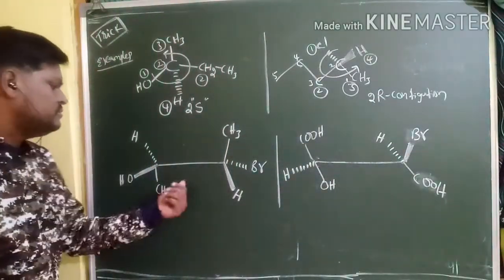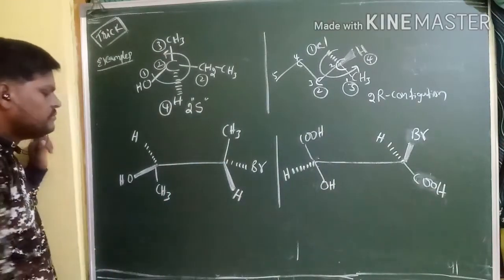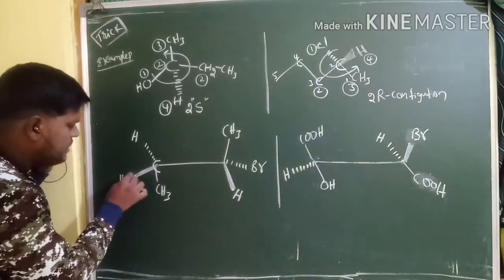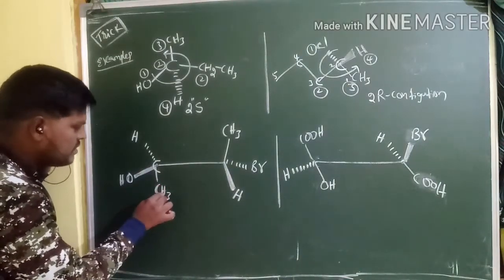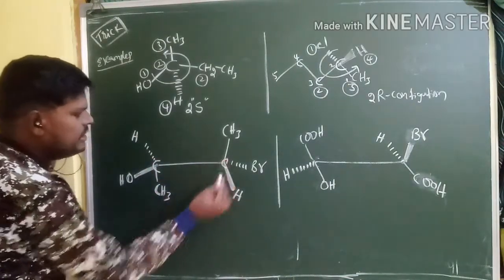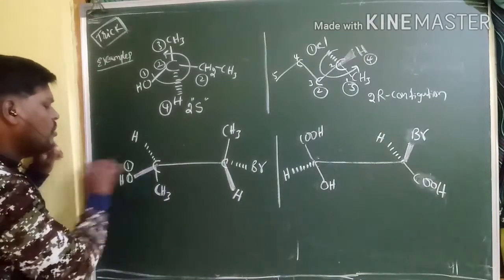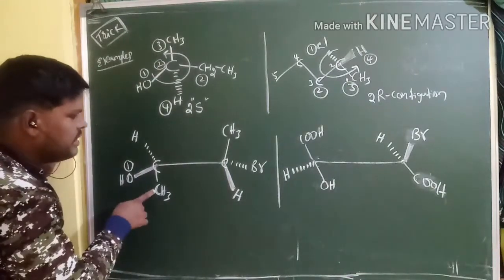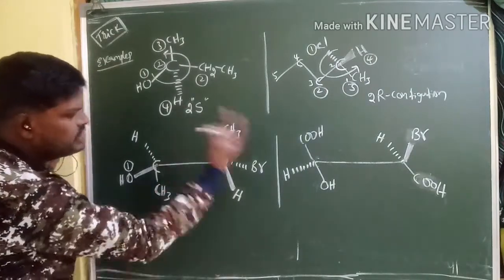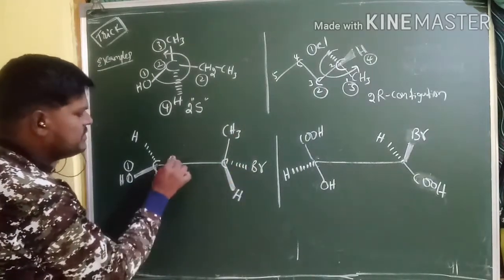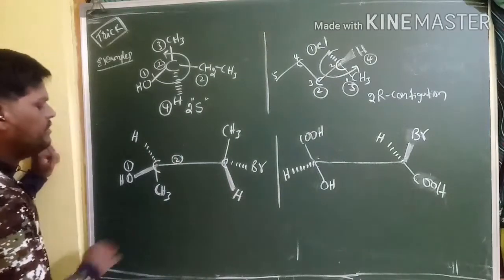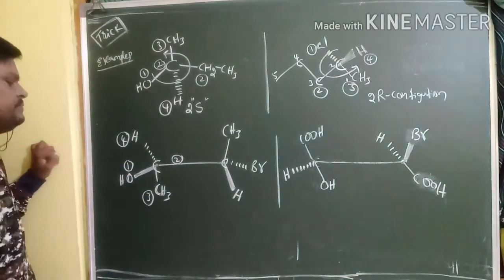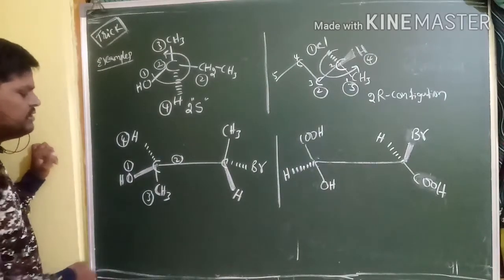And coming to the next example, here this is the chiral center, right? This carbon is surrounded with oxygen, carbon, hydrogen, and again carbon. Of course, here oxygen has the highest priority. And coming to the second priority, here carbon, carbon. But what is the next priority? Higher second priority, bromine. That's why this is the second priority here, and this is the third priority and the least priority here. Right, what is the direction for this molecule, sir?